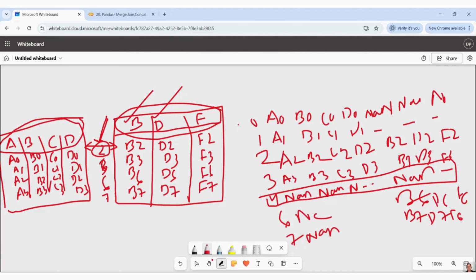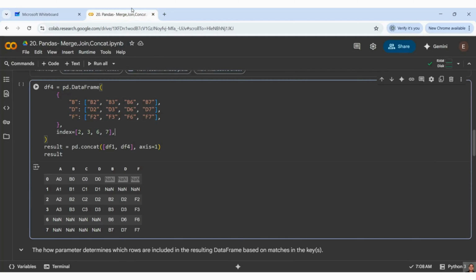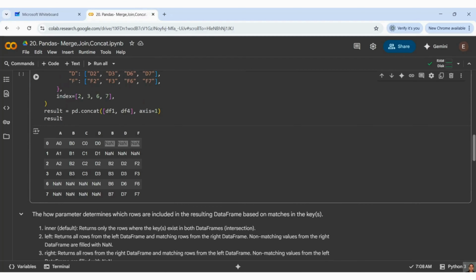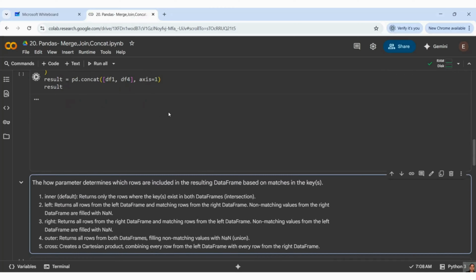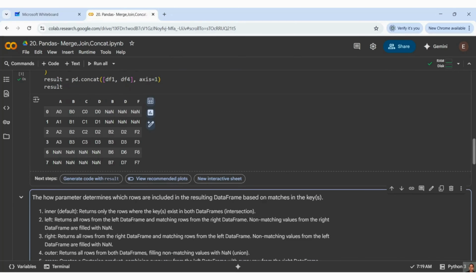So you can see all my row indexes are covered here. My bad guys, here we don't have 4th index. I thought 4th index is available here, so I was trying to print it. We don't have 4th in any of the things. That is why we are not getting 4th. This is all index wise operation. So we got the same thing, right?